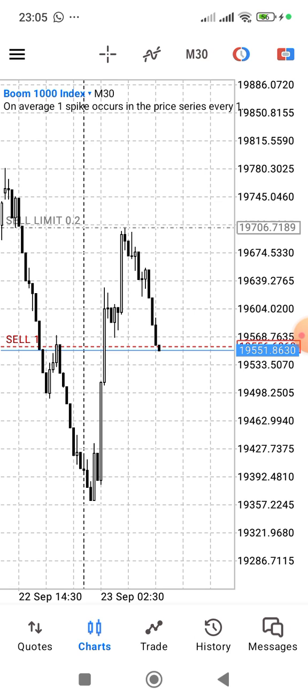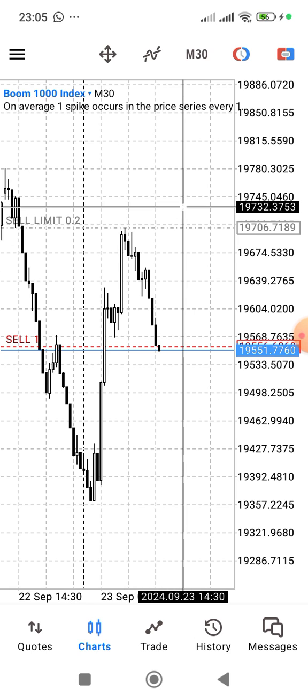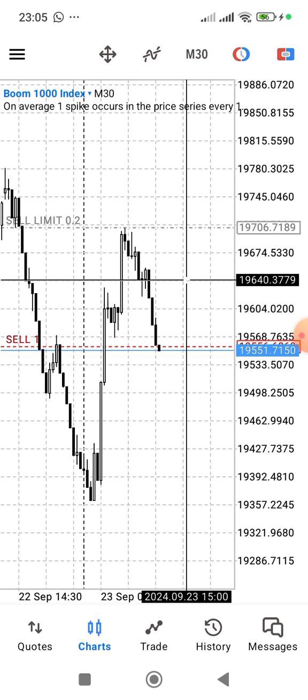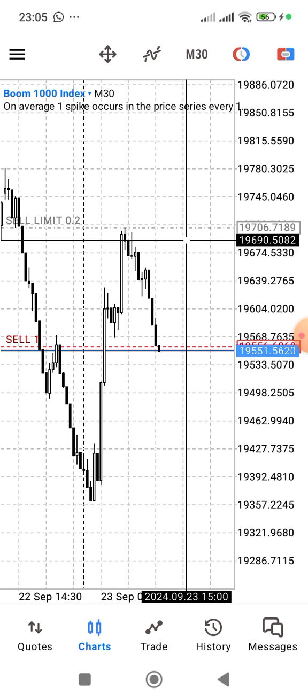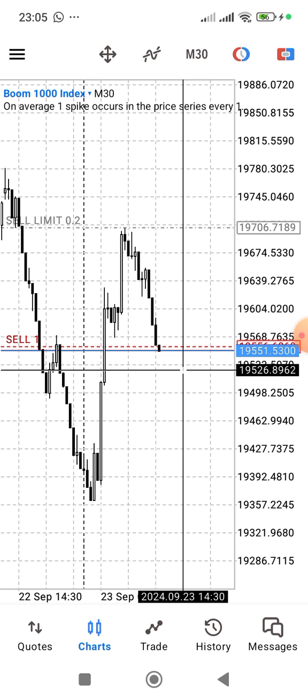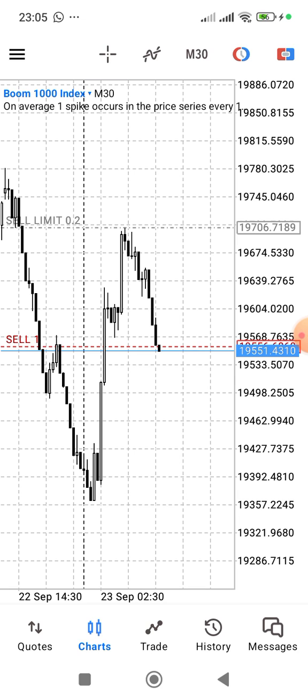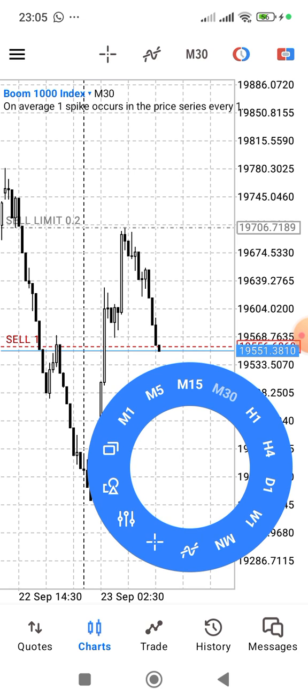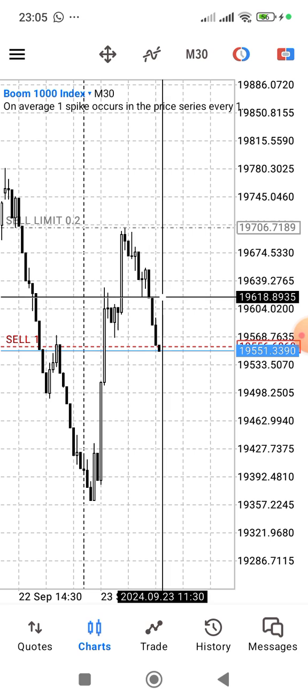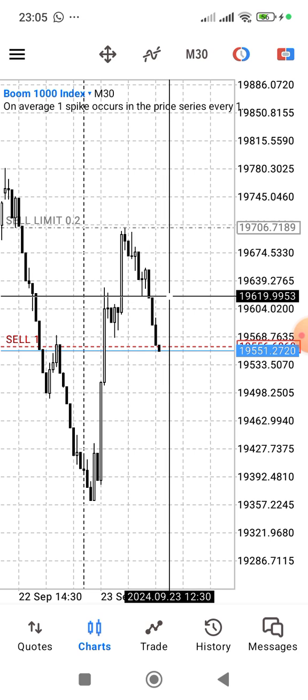Now, one other thing again we can look at is this section, the plus sign. So the plus sign basically helps us to be able to pick prices at this point at the right hand side, to pick prices to set our stop loss or our take profit level. So now let me give you an example of a stop loss level. So let's say, for instance, we've taken our trade and want to set our stop loss at this price. So we can simply come here and select this price, which is